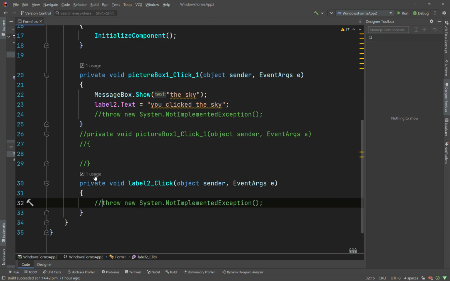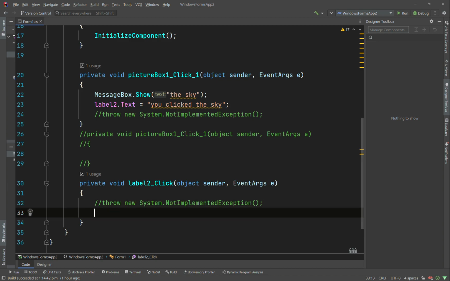At the end of the app, we want to just hide the picture. So we can say PictureBox1 dot visible. Just spelled wrong. Visible. Dot visible